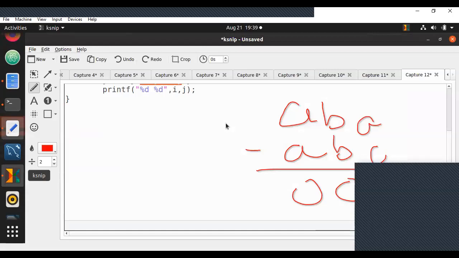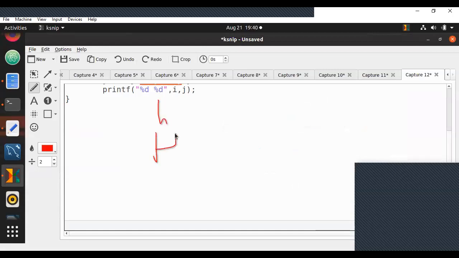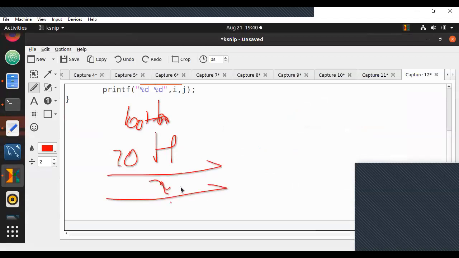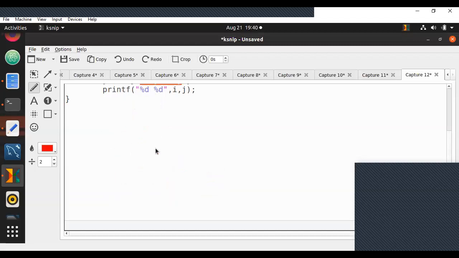Here what happens is, you've got h and h. Now lowercase h has some ASCII value that is 100 plus. Uppercase h has some ASCII value that is 70 something. So when you subtract this, you'll get some number. That number is non-zero, because 100 minus 70 something is definitely not zero.